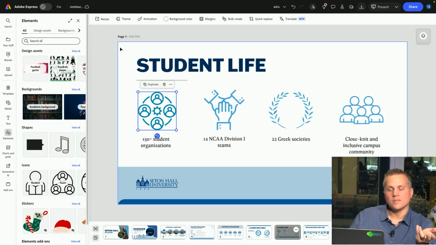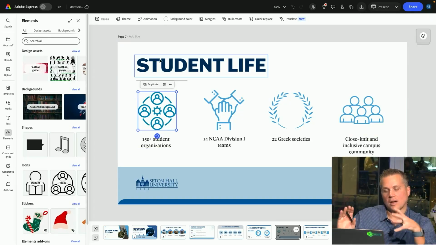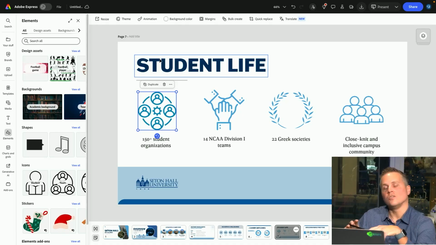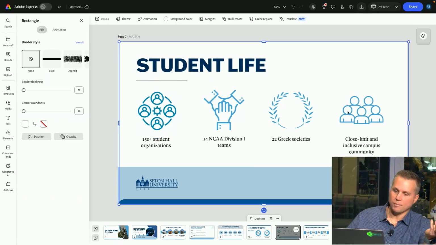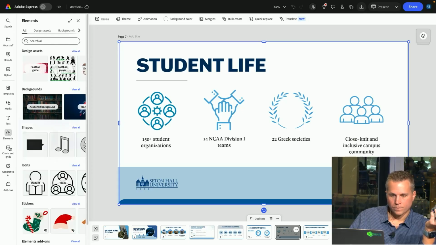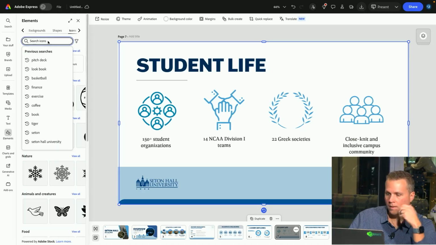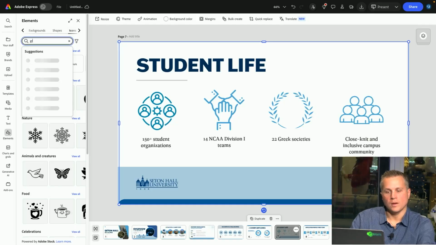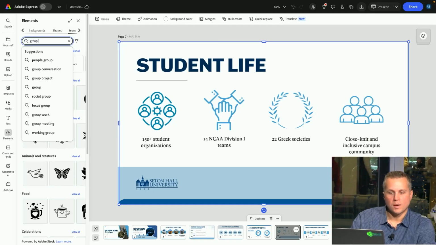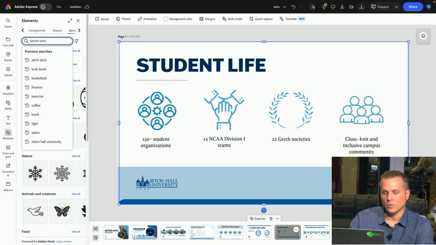So it's an awesome place to then say, hey, I need to fill out my presentation with more than just content on the screen. I want to have some imagery in there. I want to have some icons to do this type of infographic thing. And all we're doing is going to elements, and then I'm going to my icons here, and then putting that into my document. So maybe I was changing that first one,